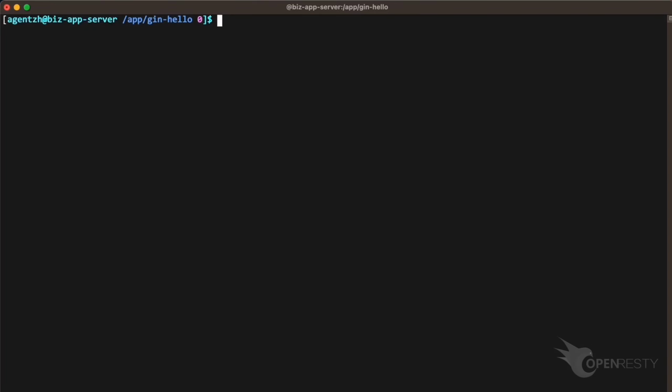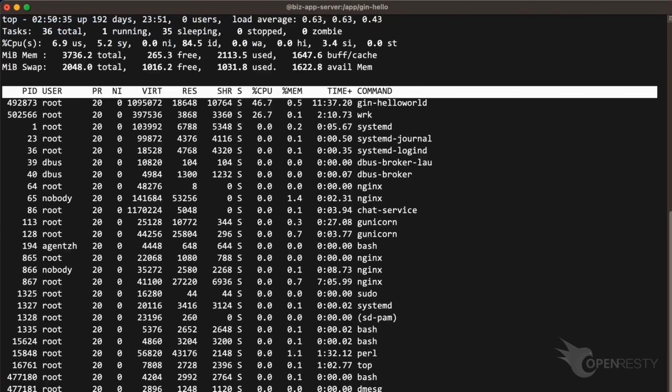First, let's run the top command to check the process list. Right now, the agent of OpenResty X-Ray is not running any analysis. So its performance impact on the target process is strictly zero, thanks to dynamic tracing technologies. It never modifies the target processes in any way.